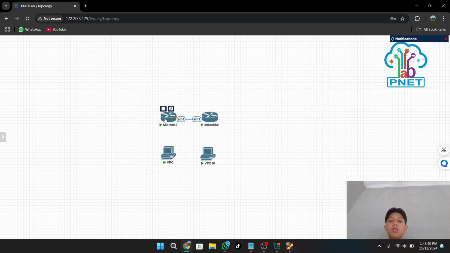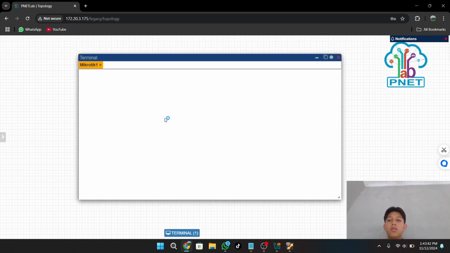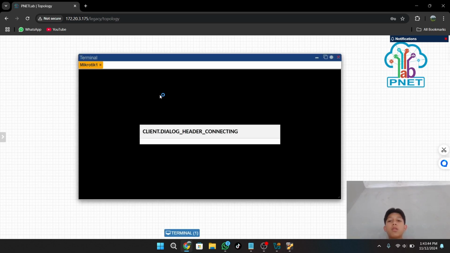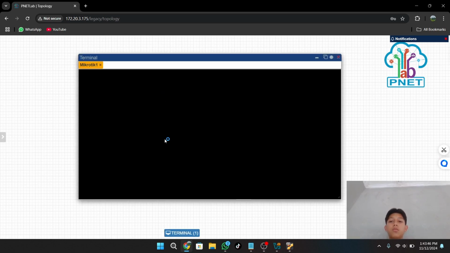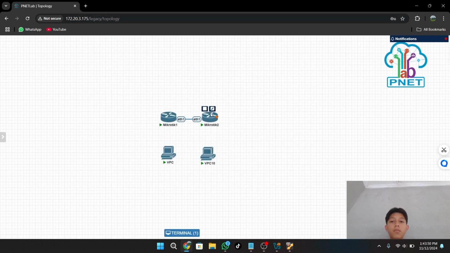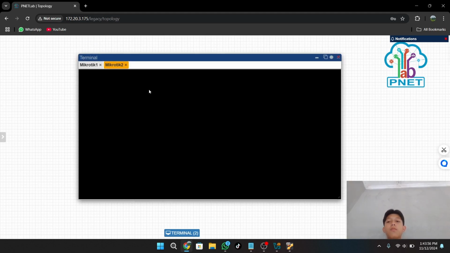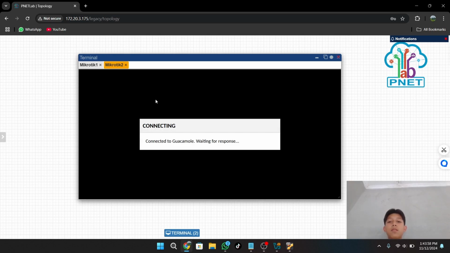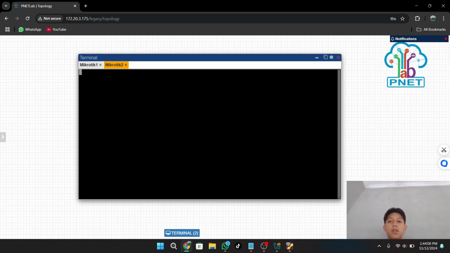You can close and open again for MikroTik 2, and you can enter, the same as MikroTik 1 and MikroTik 2. Wait, and after this you can enter.